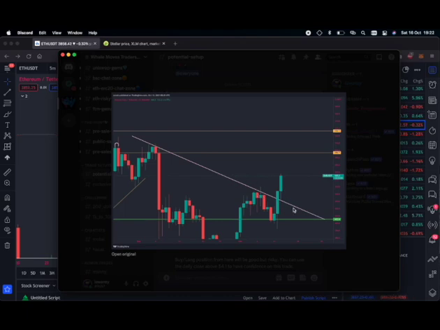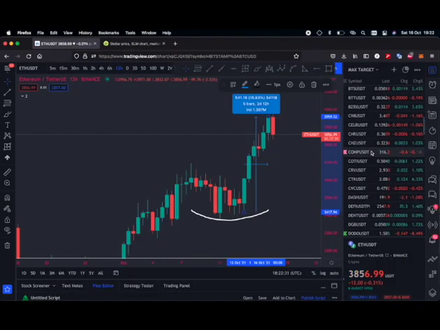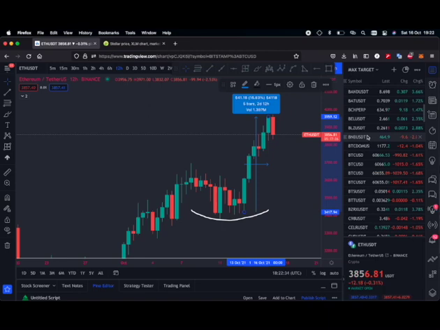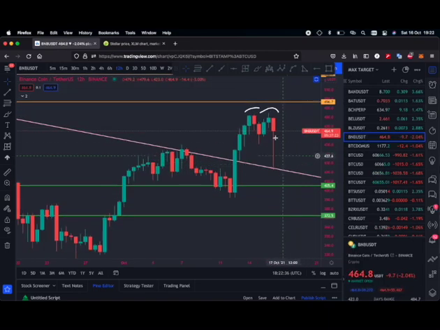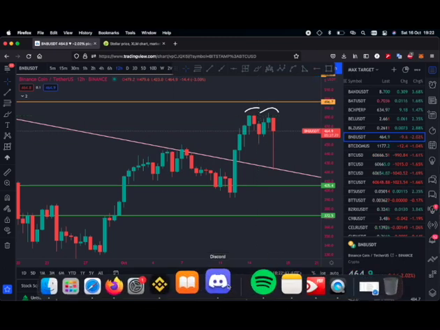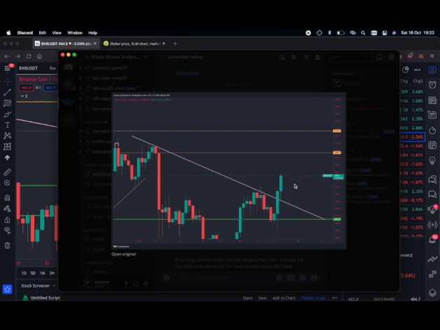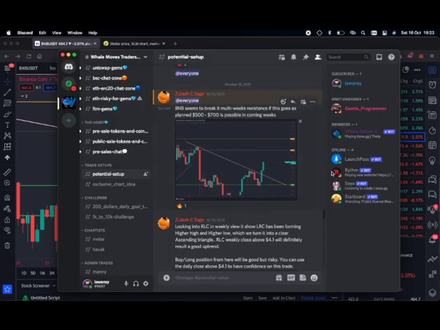Now after BNB broke this trend line, it went up, then it formed a double top. Just pay attention to this. Let me take you back to the BNB. Here we go. So BNB here at $481, BNB starts forming a double top. So you look here, when we posted BNB here it is around $465. That's when we got the retest on the trend line, and after that BNB started rallying up.